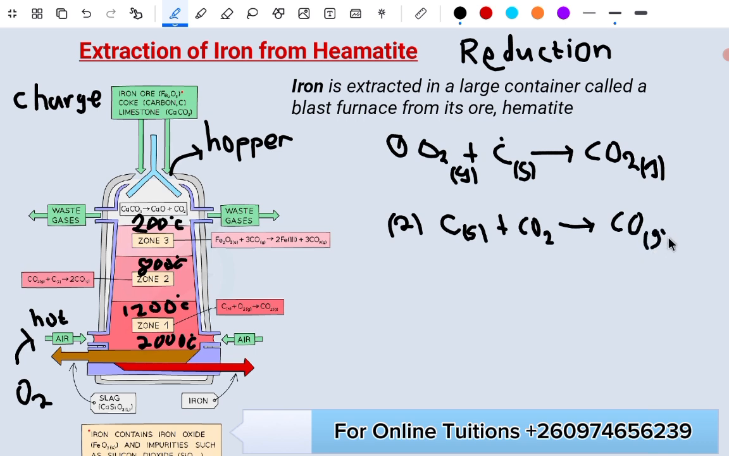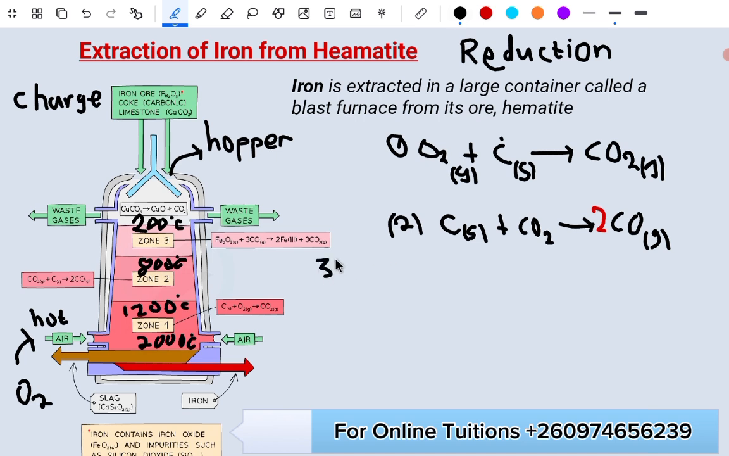So now what's happening here? If we try to balance the equation, how about I put a 2 here? I think this balances the equation. So this is the second reaction that is taking place. So the first reaction, carbon reacts with oxygen to give this, and then the third reaction